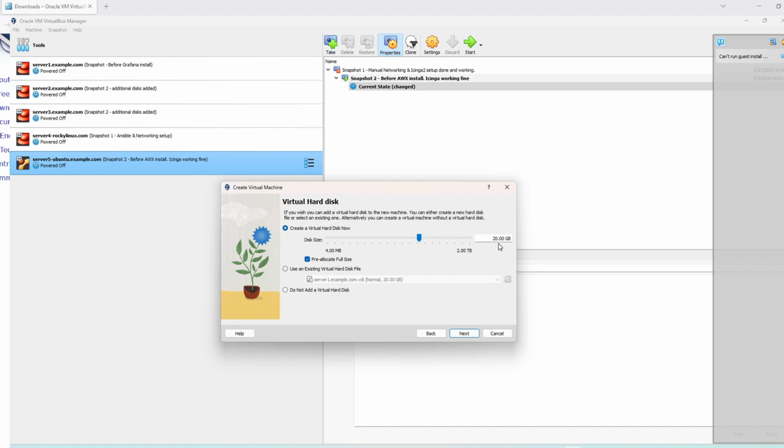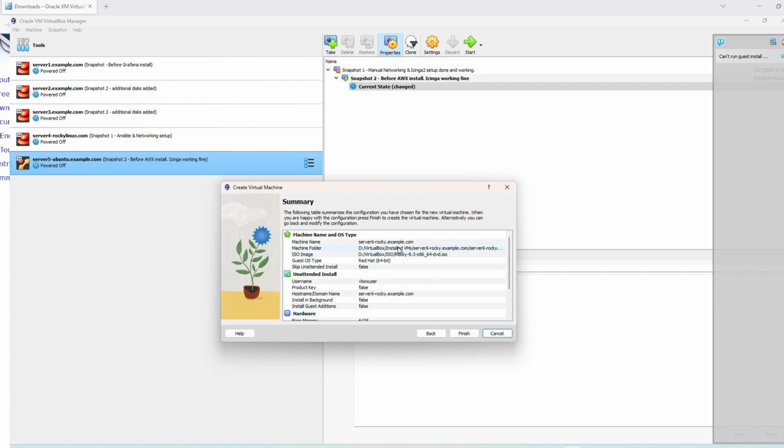Basically this means that if we want to give 20 gigabytes, the entire 20 gigabytes of the disk space should be allocated at once. If we don't tick this, we are going to create a dynamic disk that can grow up to a maximum size of 20 gigabytes, but the initial size that we will see would vary. It might be 8 gigabytes or 9 gigabytes, not the entire 20. So I don't want that to happen. It doesn't really affect us in any way, but I just prefer to see it like this. So I'm just going to hit next,